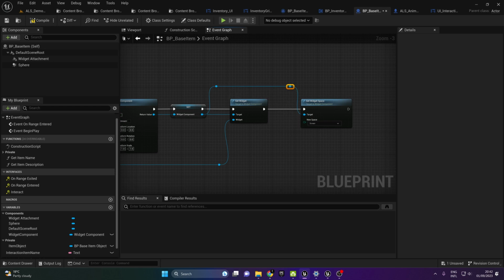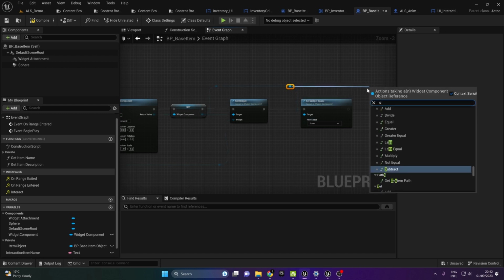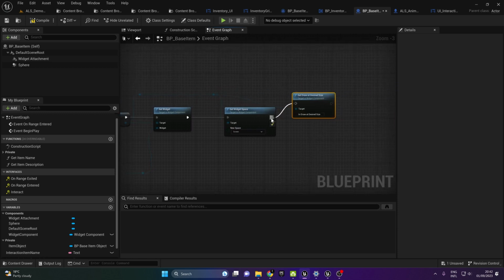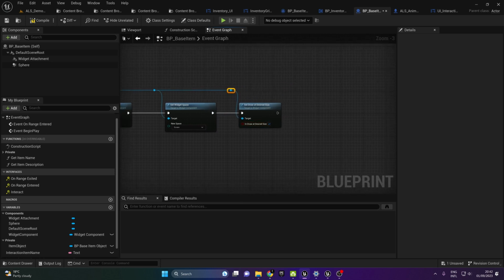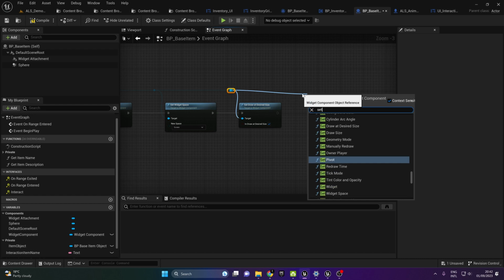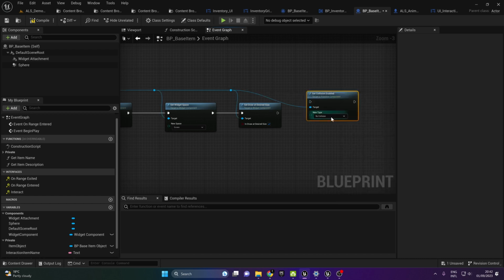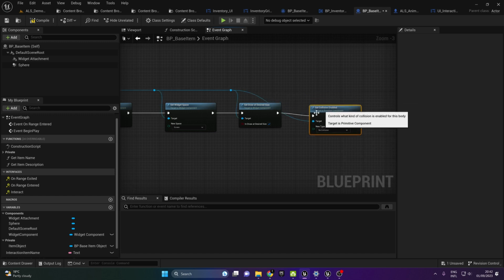Okay, and then we'll take this and say set draw at desired size, and we'll take it and put it here, and we'll say set collision enabled to no collision, and after that we'll say